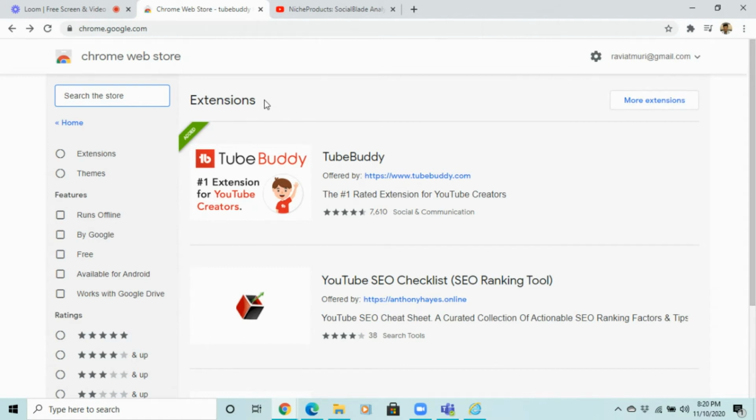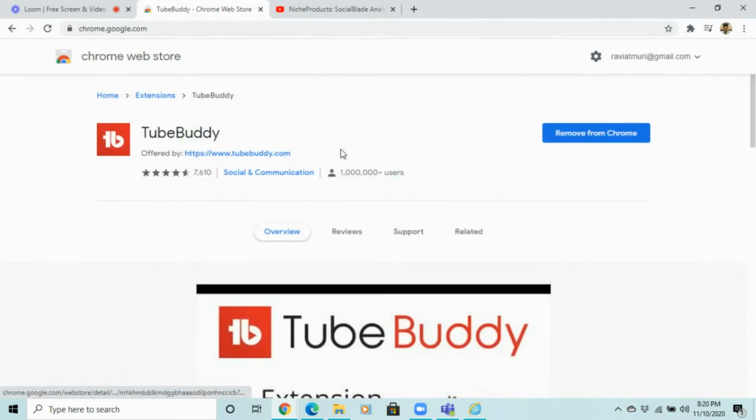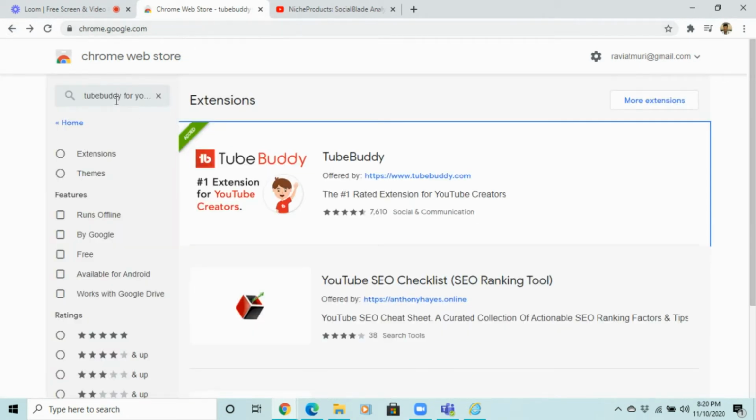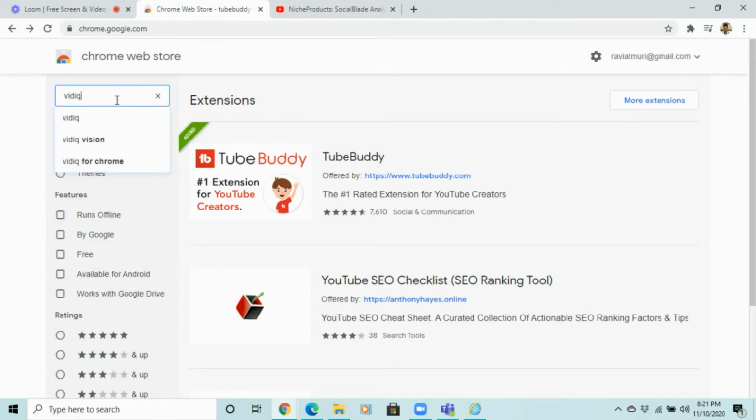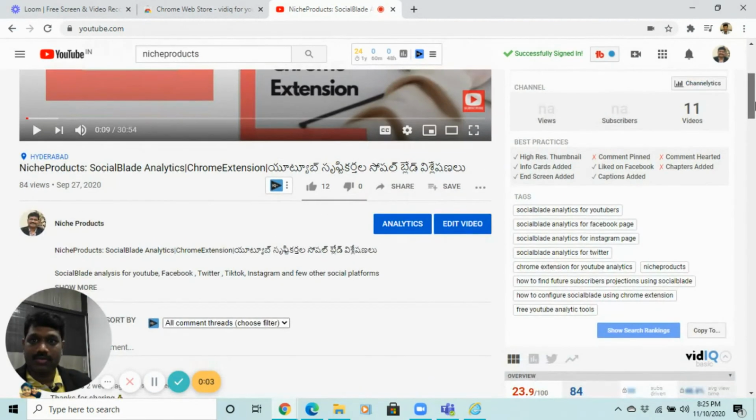improving your SEO analytics and using these Chrome extensions, vidIQ and TubeBuddy, for your YouTube channel, which is very important for any newcomers, because there are different versions in this vidIQ and TubeBuddy. So I have already installed this Chrome extension TubeBuddy, and if you go to chrome.google.com and search Chrome extension TubeBuddy for YouTube, and in the same way vidIQ for YouTube, you will get both the extensions, only available as Chrome extensions, whereas TubeBuddy is available in